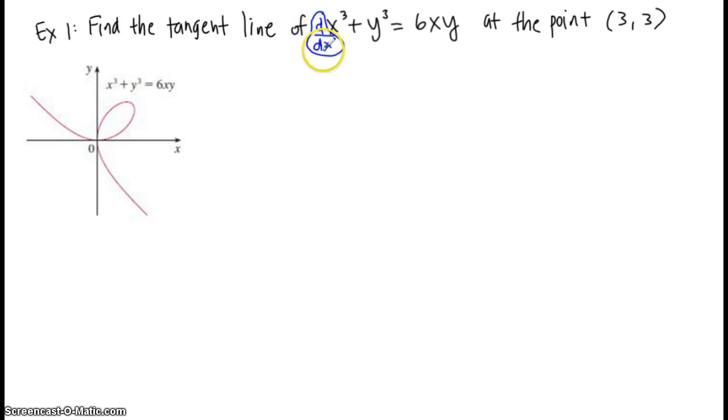So in this case, the derivative of x cubed with respect to x is easy, 3x squared. If I send this over this way, the derivative of y cubed with respect to x, I don't know how to find the derivative of y with respect to x, but I do know how to find the derivative of this outside cube function. So I'm going to take 3y squared, just like the chain rule, times the derivative of the inside, y, which I can't actually find, so I'm just going to leave it dy/dx, is equal to,